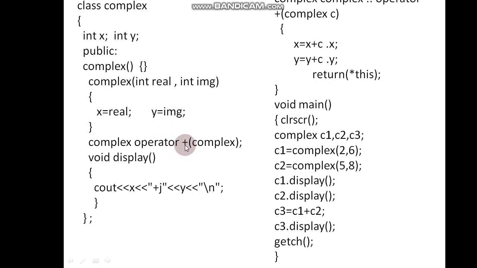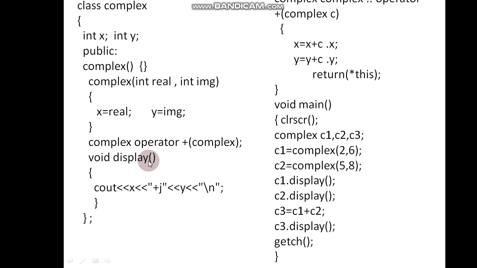Operator plus is an operator function which takes the second object as a parameter. First will be passed implicitly, and this function returns the addition of two objects C1 and C2. So return type of the function is complex. Now this operator function is declared inside the class. It will be defined outside the class.